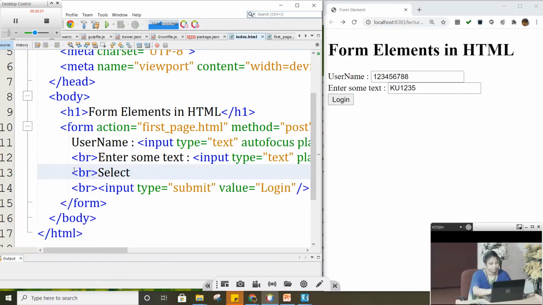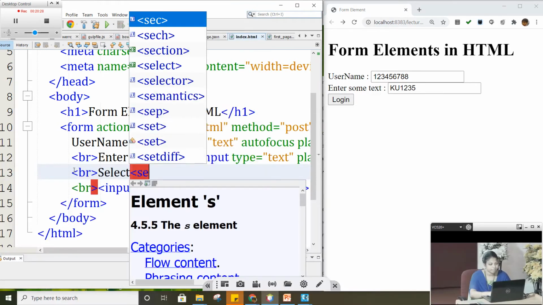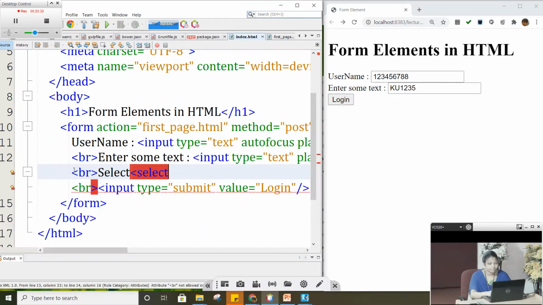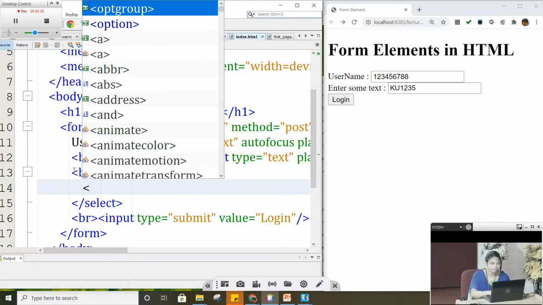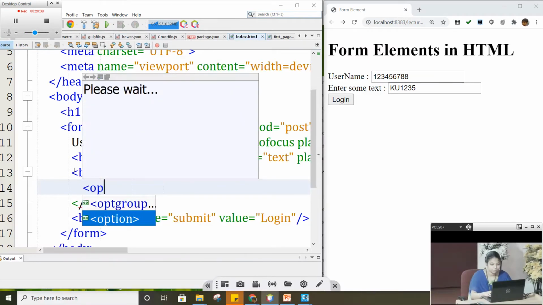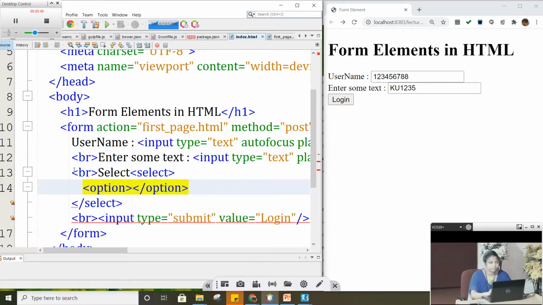For the drop down list, the element tag name is select. Select is the tag name. And to give the options of the drop down list, we have an option tag. So here is our option tag.